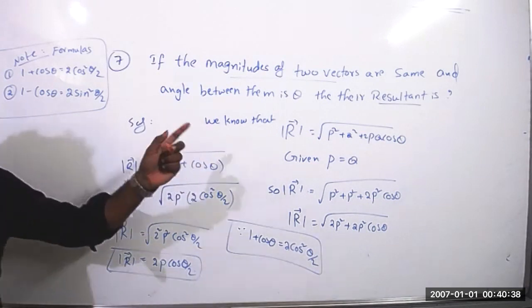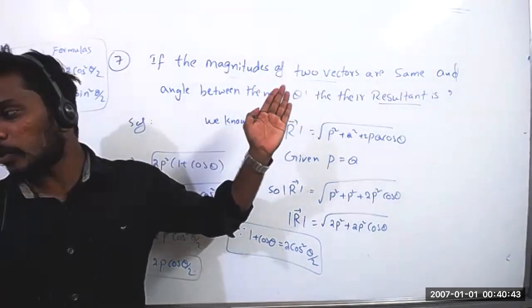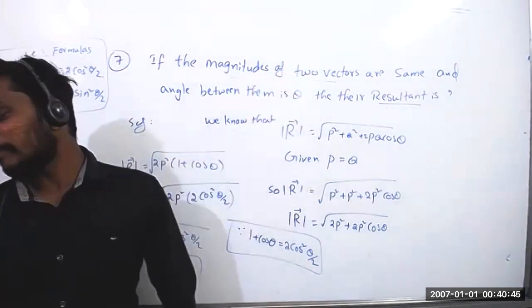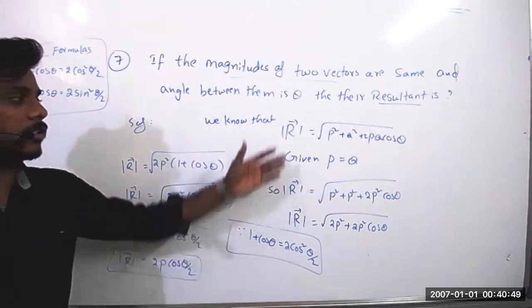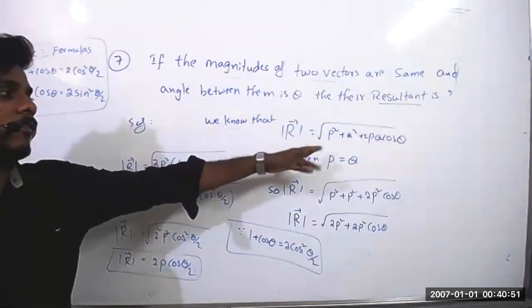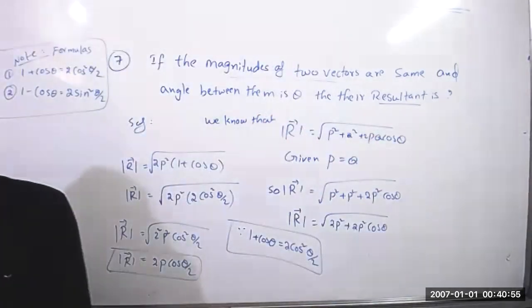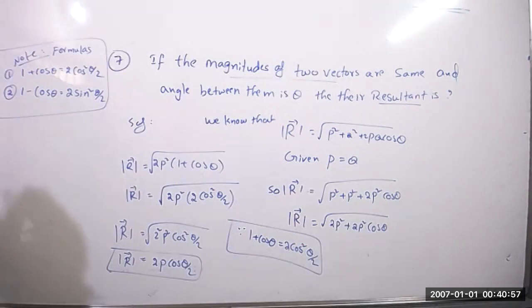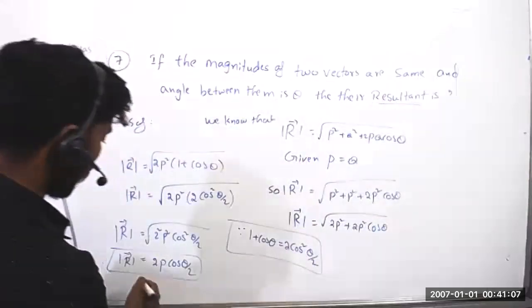In the earlier case, we discussed two vectors acting mutually perpendicular to each other. That time, we wrote the resultant formula and substituted cos 90, and we got the answer. Once you see it, everything is easy; slowly you should learn. No doubt, right? So we found the resultant magnitude. The resultant magnitude is this much.